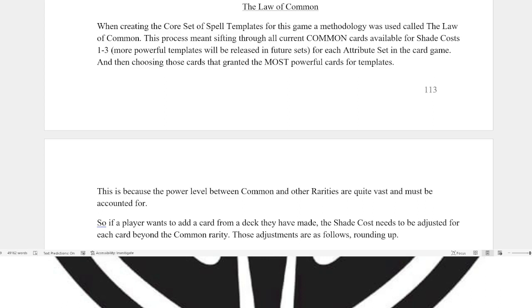okay? It has to be a common card that costs 1, and it fits within the attribute theme of the color in question. So, 1 shade, 1 mana, is what was chosen as the ground level,